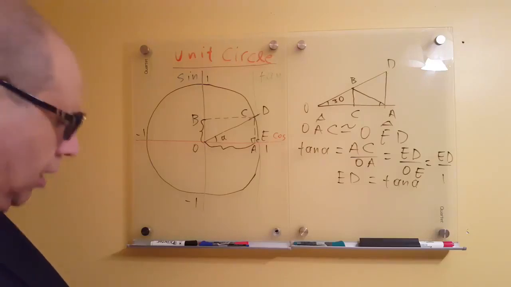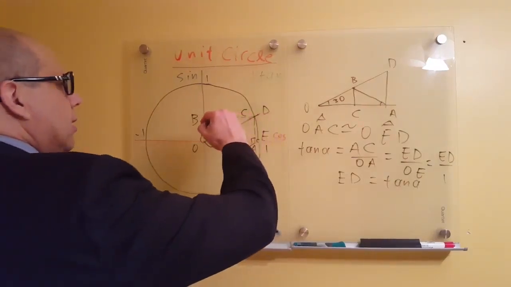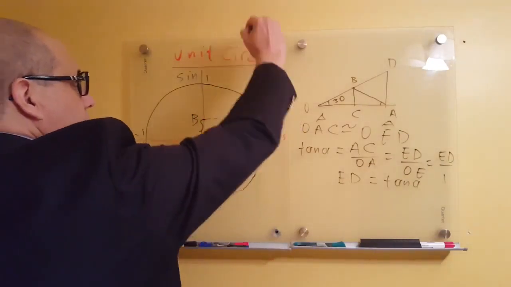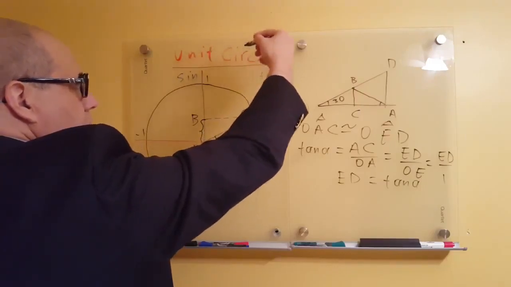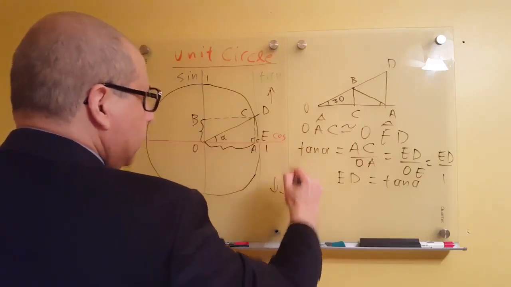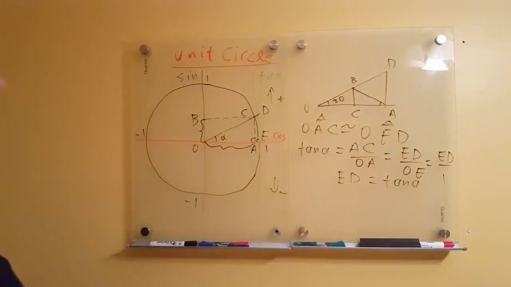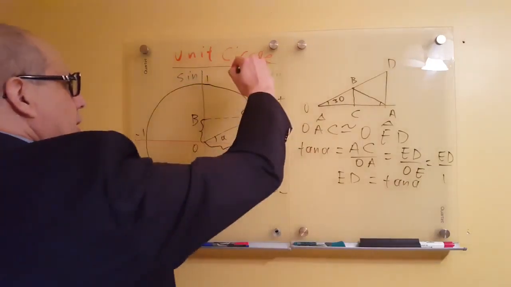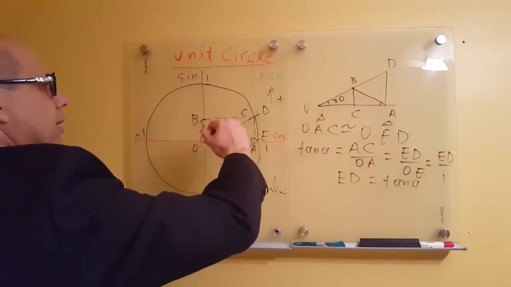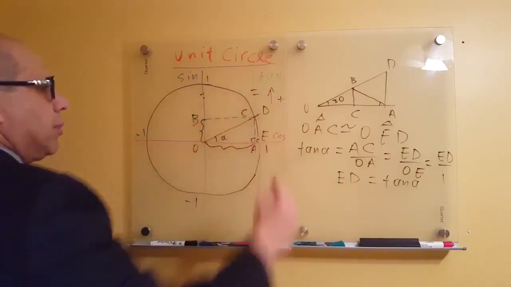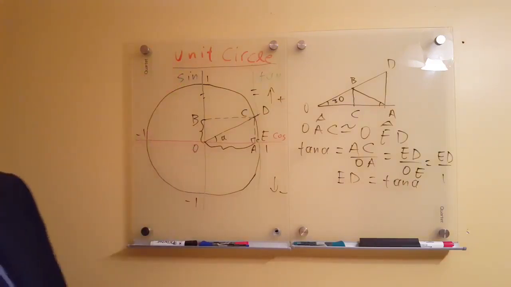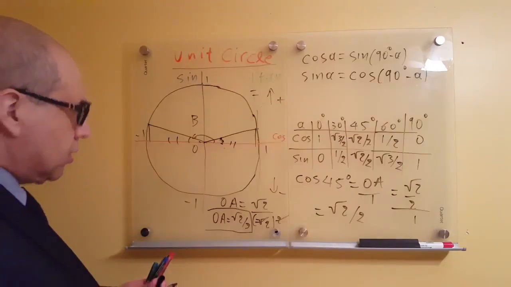Of course, here you can see that the bigger the angle, the bigger the tangent. This way is positive, and this way is negative. When you reach the point of 90 degrees, because this line and this line are parallel, the tangent of 90 degrees is infinity. The cosine